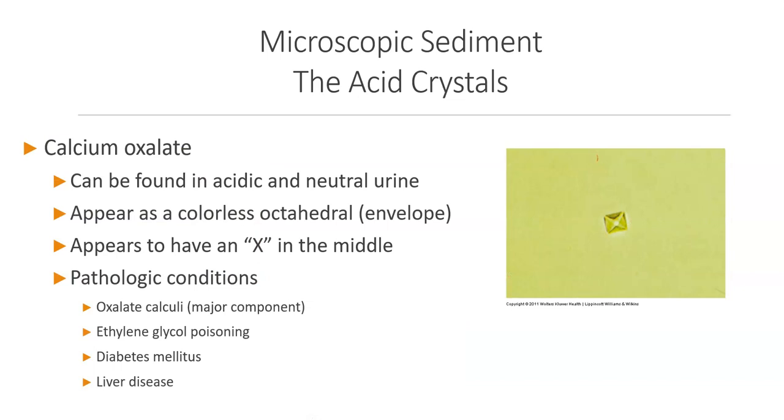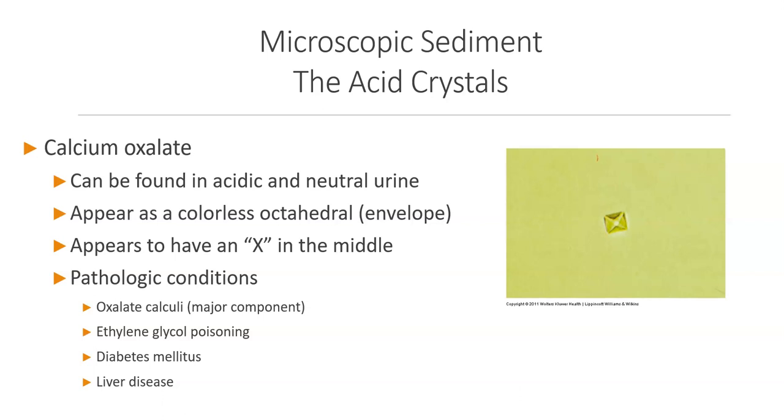Calcium oxalate can be found in acidic as well as neutral urine. It appears as a colorless octahedral and envelope shape, and appears to have an X in the middle if it is the dihydrate form of the crystal. Calcium oxalate is labeled as an acidic crystal, but you may see it on occasion in a neutral and alkaline